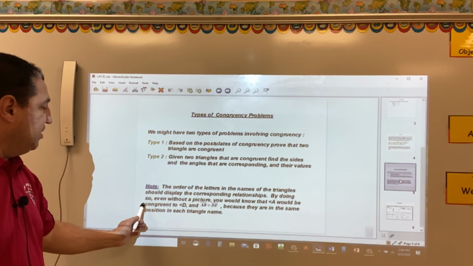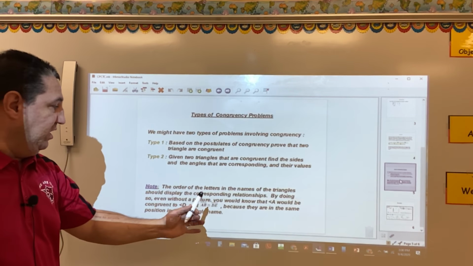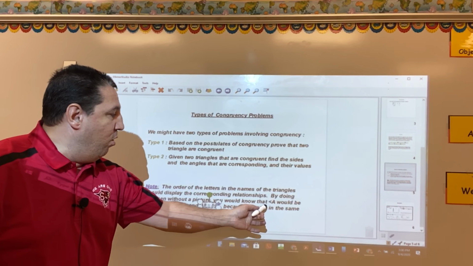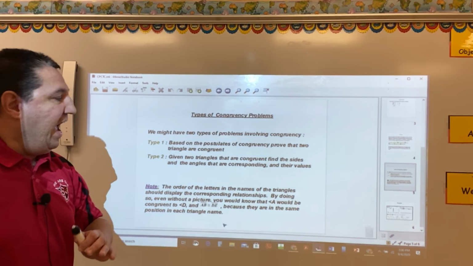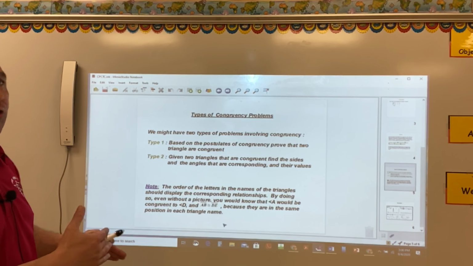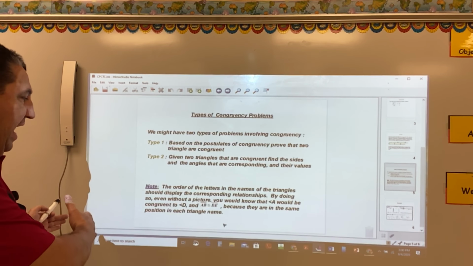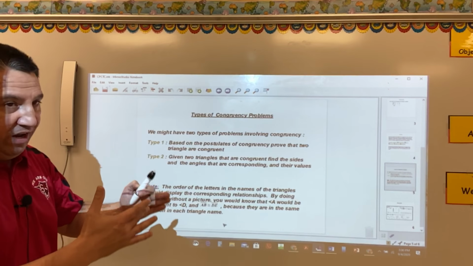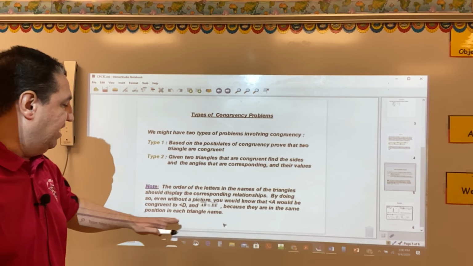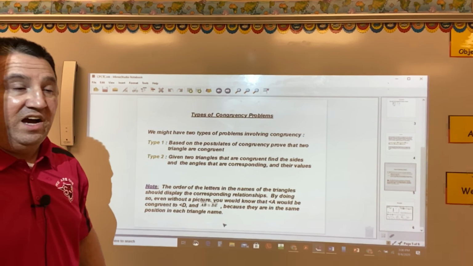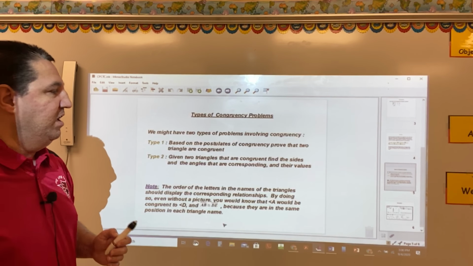By doing so, even without a picture, you would know that angle A would be congruent to angle D, and sides AB and DE are congruent, because they are in the same position in each triangle name. For example,